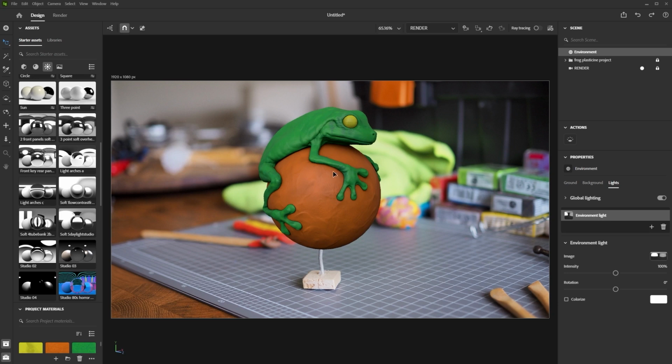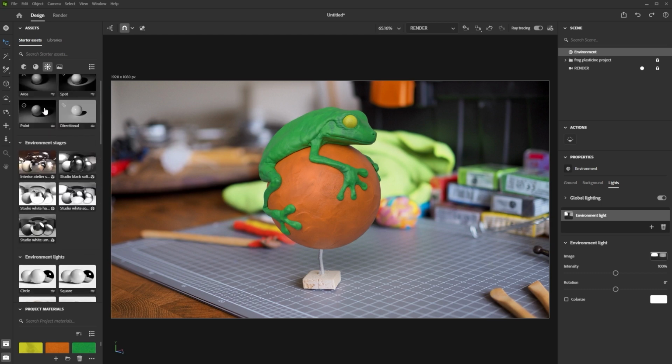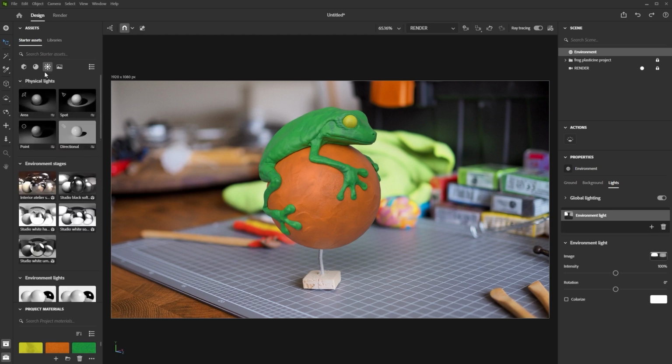So if I want to see the real render, I just need to go to ray tracing and enable that. So as soon as I do that, Stager should start rendering, and you see we have a much nicer render, right? So this already looks a lot better. But I want to try to recreate the same shadows and the same cast shadows in here. So what I can do is go back here at the top of the lights,